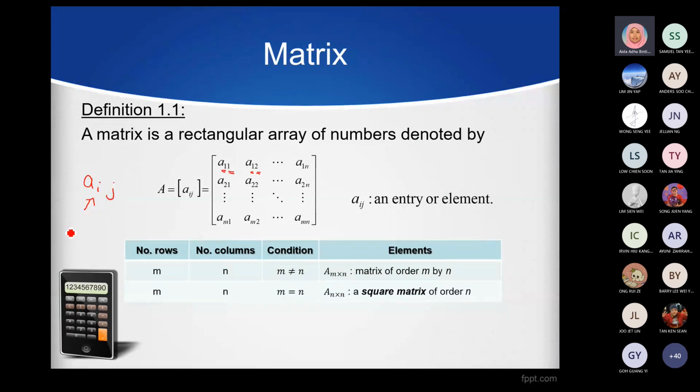The i here refers to the row number. This is row number 1, this is row number 2, and this is row M. So i here refers to the row number. How about j? j here refers to the column number. So where is the j here? If you look at our element inside here,